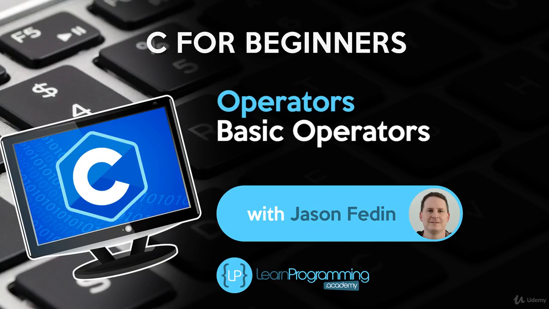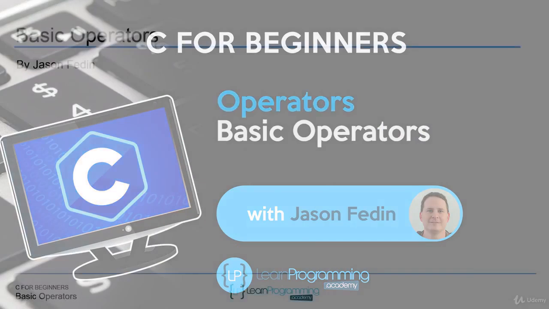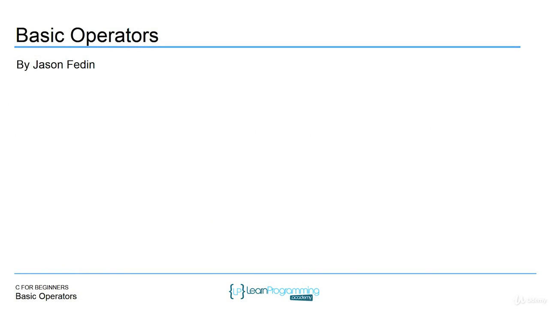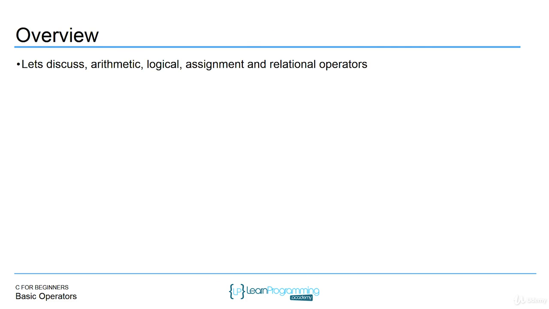Hello, welcome back. In this lecture, we're going to discuss some of the basic operators supported by the C programming language. Operators are just special symbols for functions; you're performing some kind of operation. In this lecture we're going to discuss four different types of operators: the arithmetic, logical, assignment, and relational